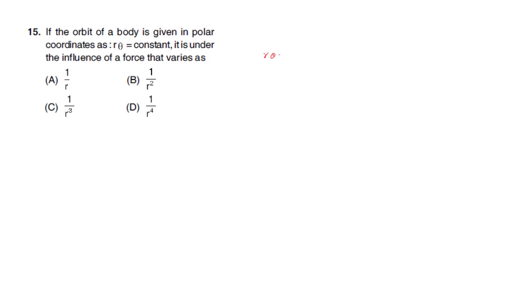Given that r theta is a constant, the equation of the orbit is given by u plus d square u by d theta square is equal to minus f of r upon m L square u square, where m is mass, L is angular momentum, and u is nothing but 1 upon r. So this is the important equation. Here u is nothing but 1 upon r, which can be written as 1 upon r is